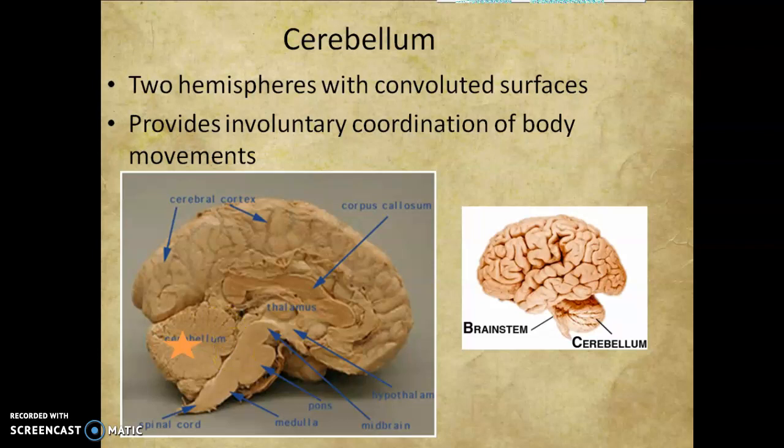This cerebellum, as we mentioned earlier this chapter, is going to provide involuntary coordination of body movements. So a lot of your refined movements, even on the skeletal muscle, which I know are voluntary structures, even your more refined movements will be found in the cerebellum. Okay, a lot of times when they look at scans of athletes' brains, they'll find this area, their cerebellum, is larger than the average human being. Okay, perhaps connecting them with their athletic